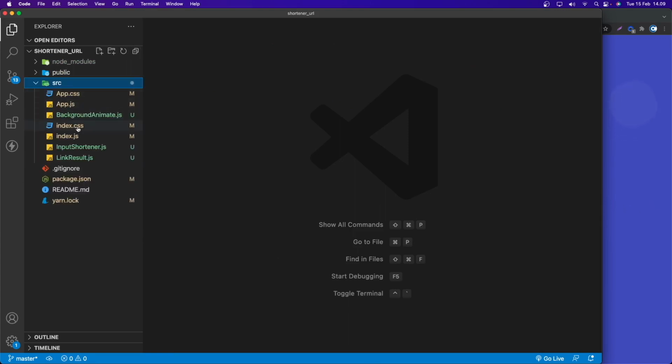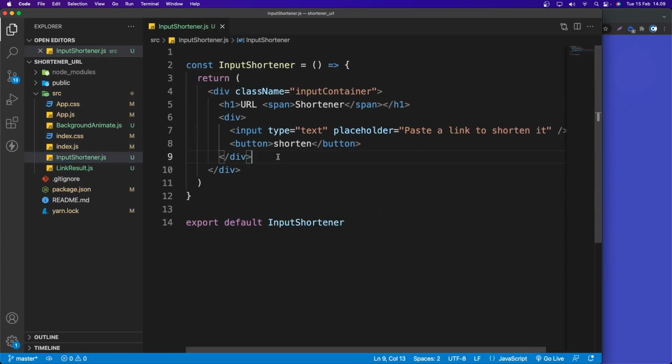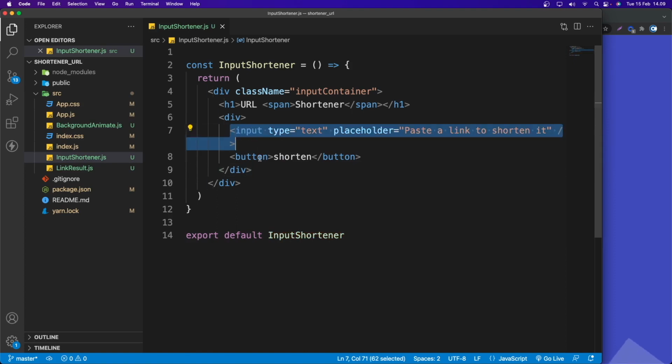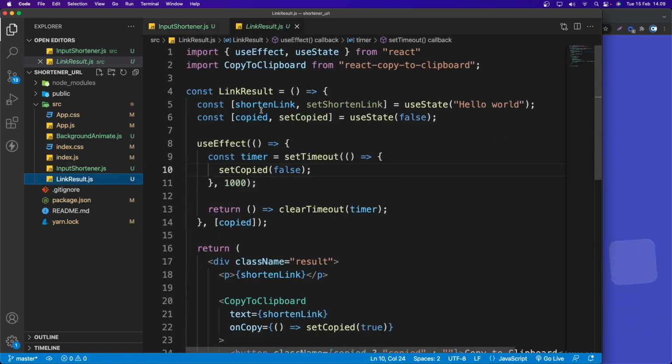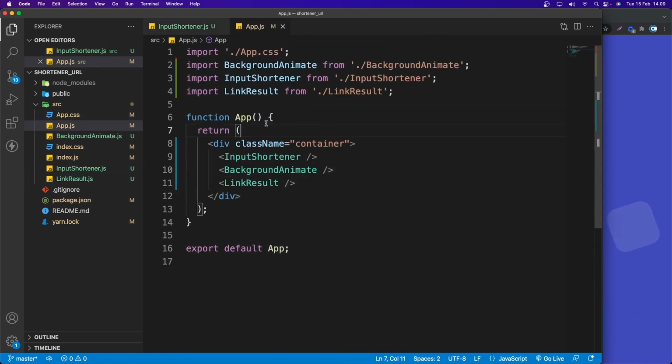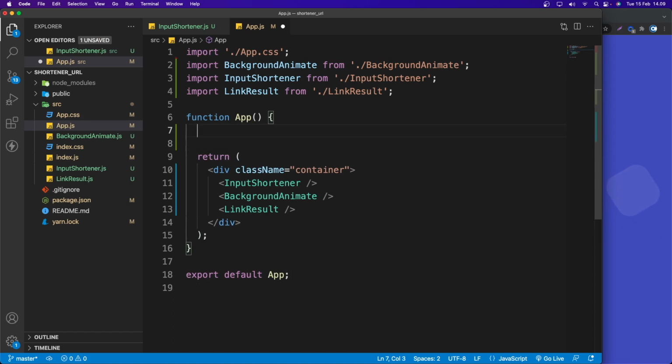What we need to do now is basically, when the user types something in the input here and clicks the button here, the value is going to be passed to this link result. So we need to create a state in here, because the state will be updated inside the input shortener, and we send the value into this link result.